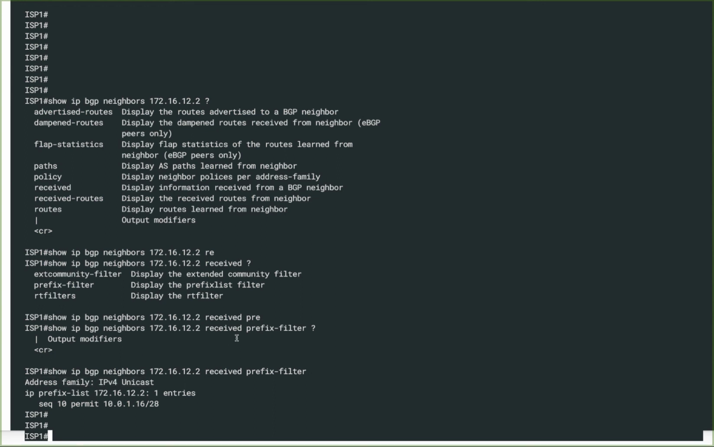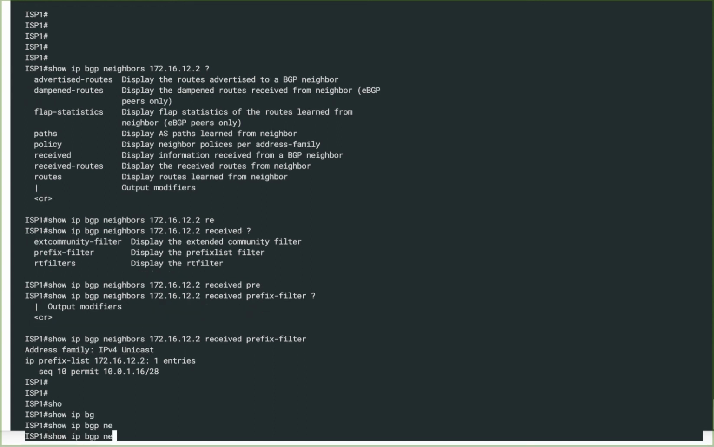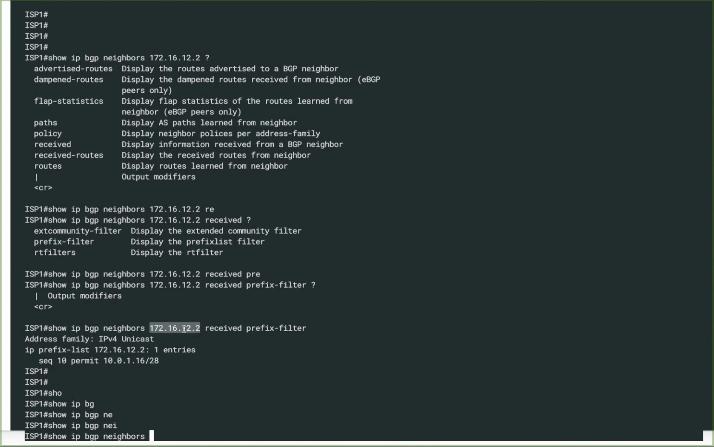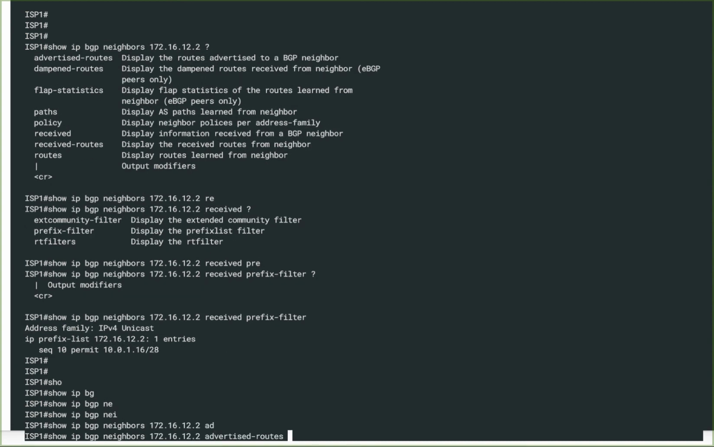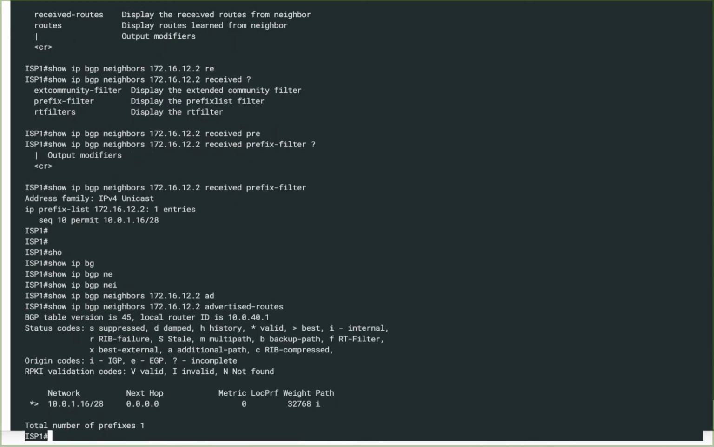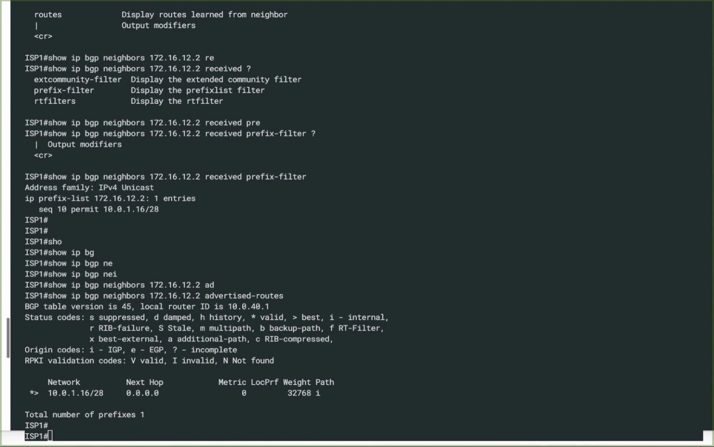Now, take a look at the same command again, show IP BGP neighbor, for this particular neighbor, and let's take a look at what are the routes that ISP1 router is now advertising towards router R2. So now if you take a look at earlier, this ISP1 router was advertising almost 9 prefixes towards the router R2. Now instead of those 9 prefixes, this ISP1 is only advertising one particular prefix. So you can see that outbound route filter, ORF, is a very powerful concept,